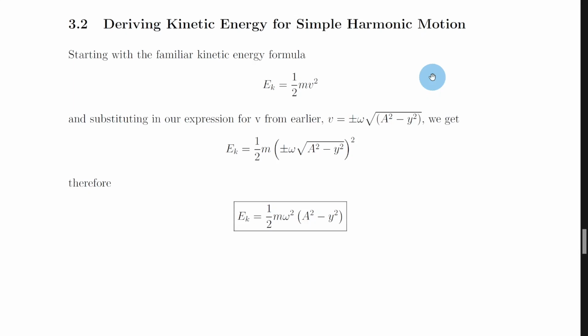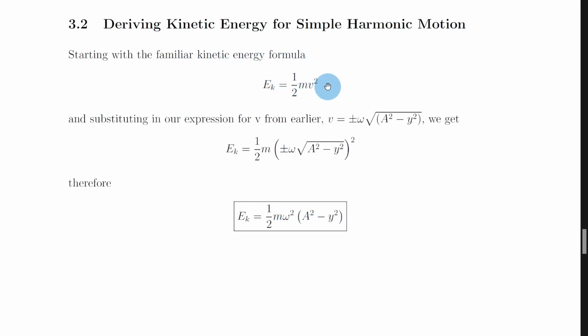So let's get started. Now this derivation is quite short, but it's still one that you could be asked to do in the exam. So we're going to look at how to derive an expression for the kinetic energy of an object undergoing simple harmonic motion. And it's this equation here that we want to get to, Ek equals a half m omega squared times a squared minus y squared. So we want to start with the familiar kinetic energy formula, Ek equals a half mv squared,